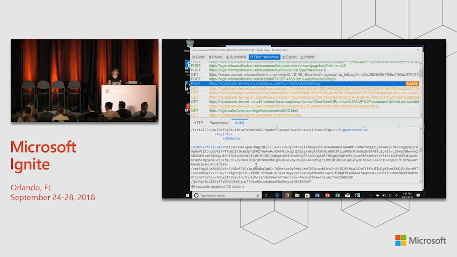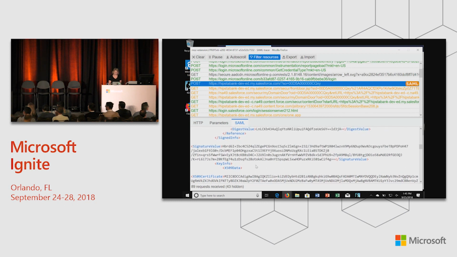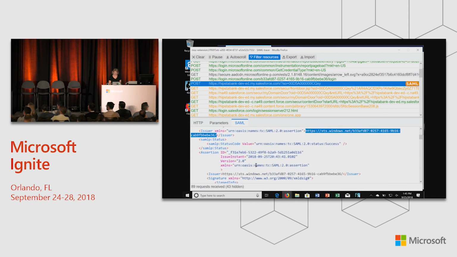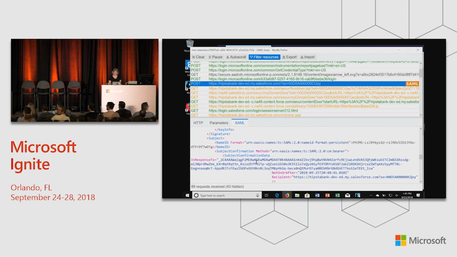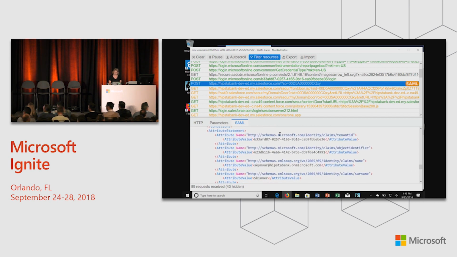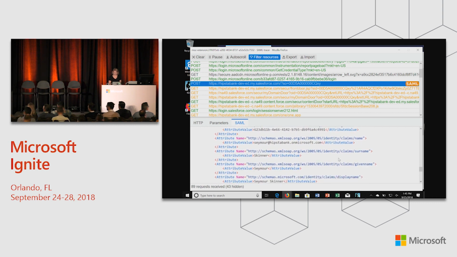You can see here, so there's your signature, and here's the X509 certificate that goes with it. It's all there for you. And then the other interesting thing, if I scroll farther down, hopefully I don't make you motion sick. All right, so you can see here there are attributes. There's a tenant ID attribute, there's a name attribute, so there's Seymour at Hipsta Bank. His last name is Skinner. So this structured document has everything in it that's necessary to describe both the moment of authentication. So it will tell you how Seymour authenticated, it will tell you the level he authenticated to,